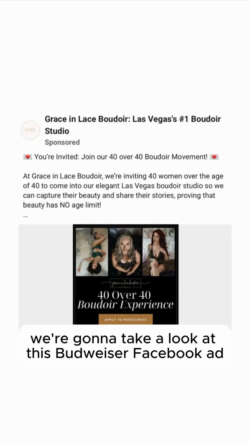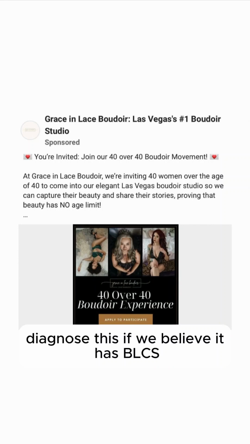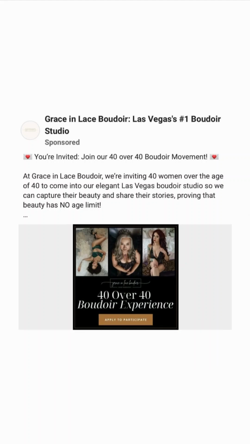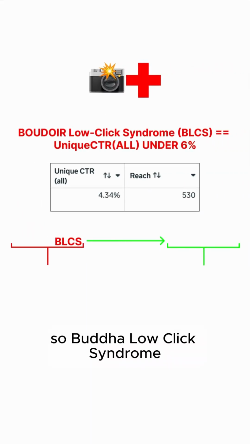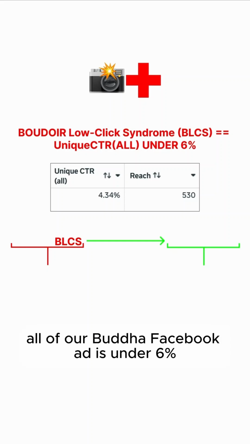All right, y'all, we're going to take a look at this Boudoir Facebook ad, diagnose it, and see if we believe it has BLCS, aka Boudoir low click syndrome. Boudoir low click syndrome, BLCS, is when the unique CTR all of our Boudoir Facebook ad is under